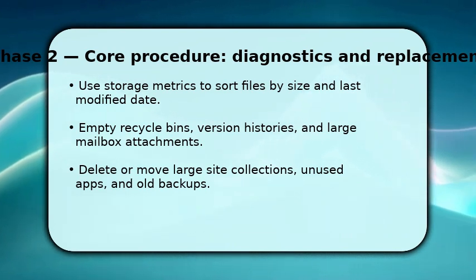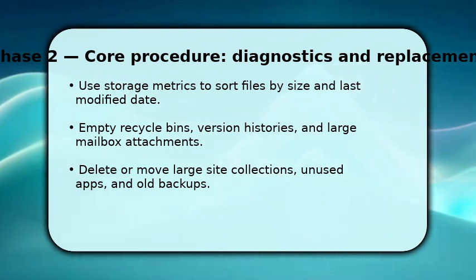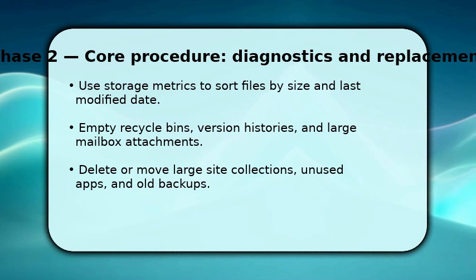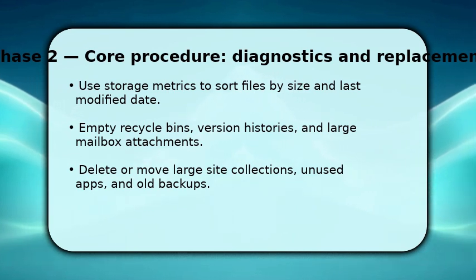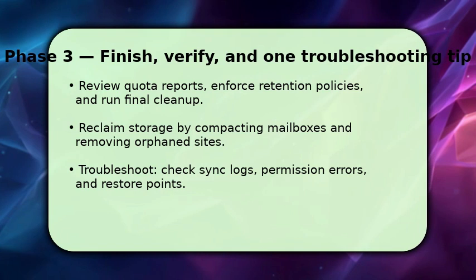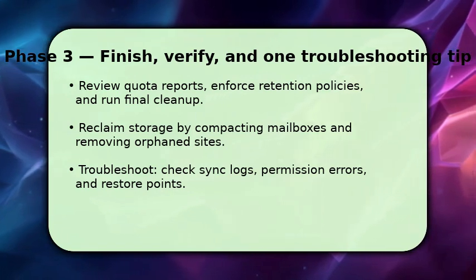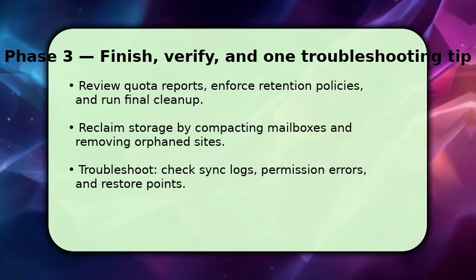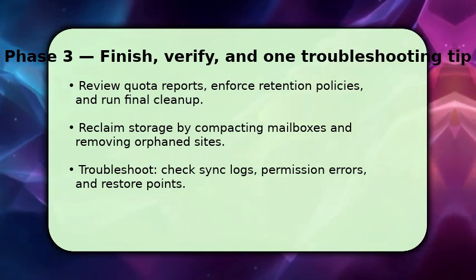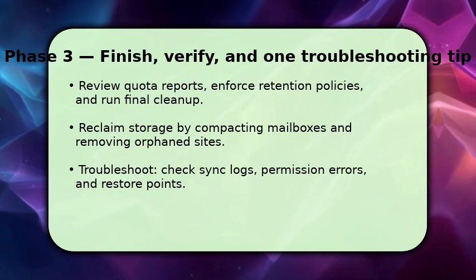If site collections or old backup files persist, either delete or export them to cheaper storage, because offloading large objects reduces usage. You finish by reviewing quota reports and enforcing retention policies so clean space stays free. This prevents rebound growth. Then compact mailboxes and remove orphan site collections to reclaim hidden space, and verify shared links